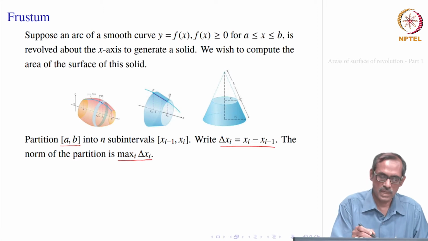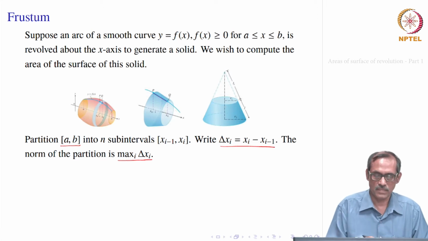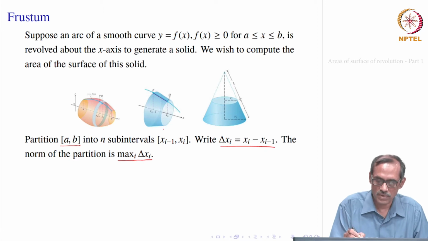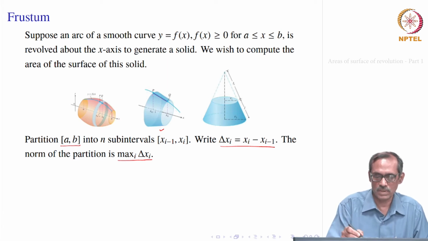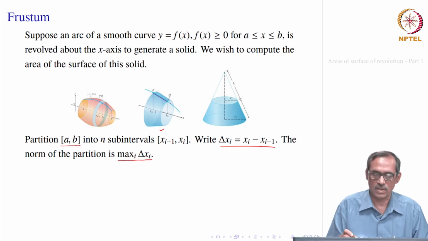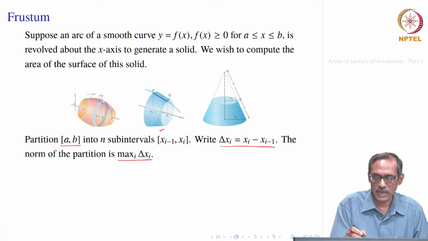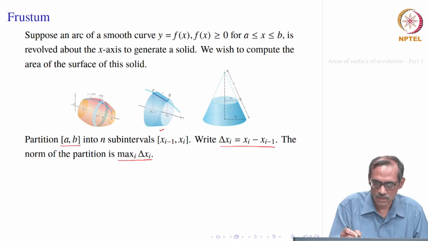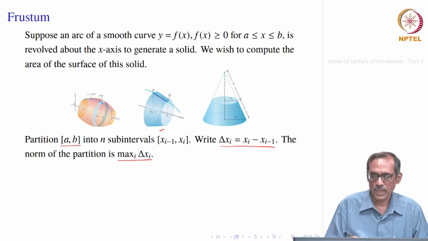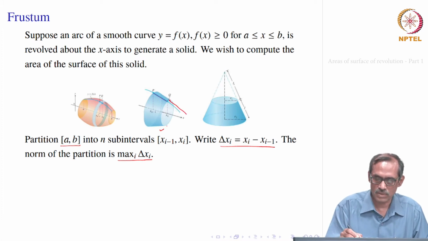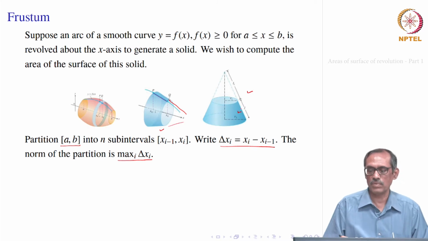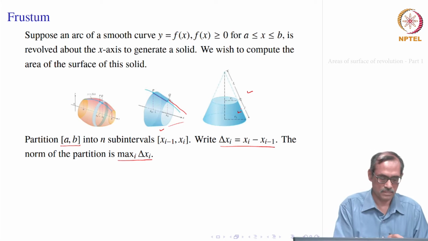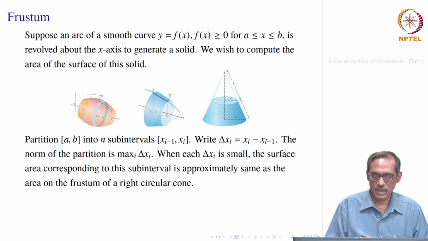In between we have to see what exactly is the area of this band. Now, the band looks something like a frustum. In the second picture you see, it looks like a frustum, right. Frustum means a part of a cone with its top cut off. So, how do we get the area of this surface, which is the frustum here? If you imagine extending it, you get a cone, which is in the third picture, and this surface area which is painted blue, we want to approximate it. Okay. So, how do we approximate that?